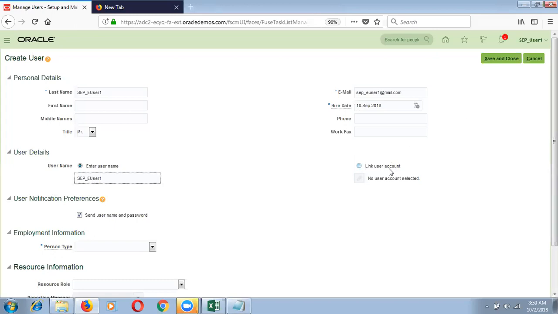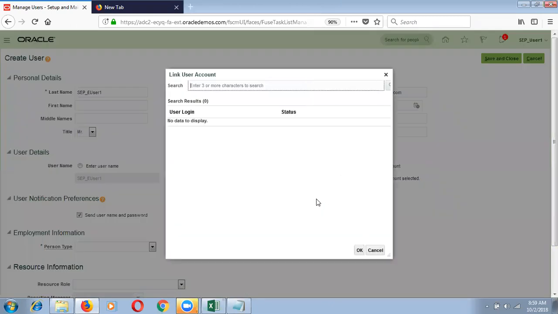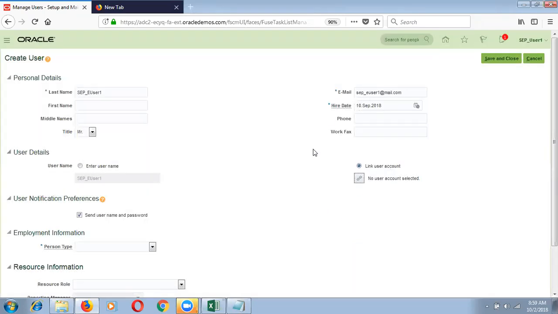At this moment, I'm not going to link to any user account. If you choose link to user account, then you have to select the user account to which you want to link it. I'm not going to link any user account at this moment. First we'll create the username. It's a simple scenario. We'll test later, just a 2-minute scenario only. Send username and password: if you enable send username,